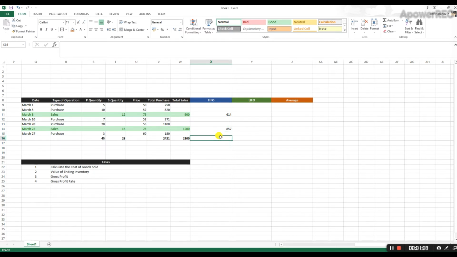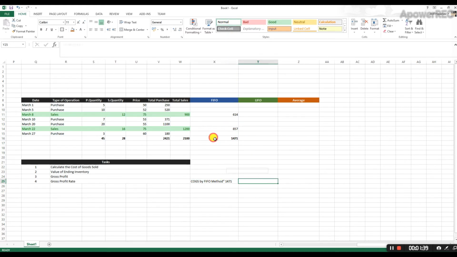Now by the FIFO method, if we summarize them, we can find out this is the cost of goods sold by the FIFO method. We can write it here. Cost of goods sold by FIFO method is this number. Yep. And profit, like gross profit by FIFO